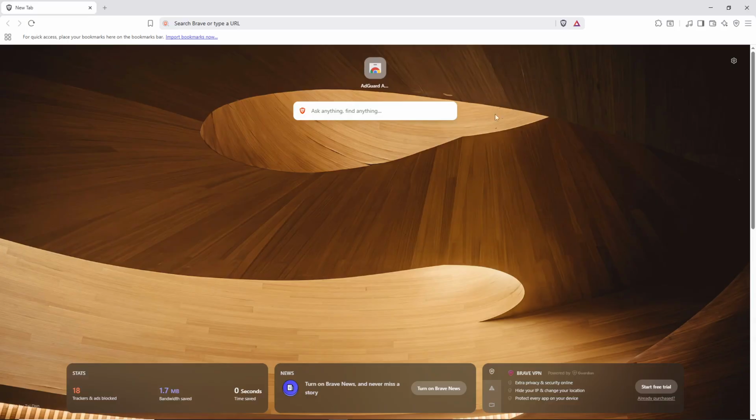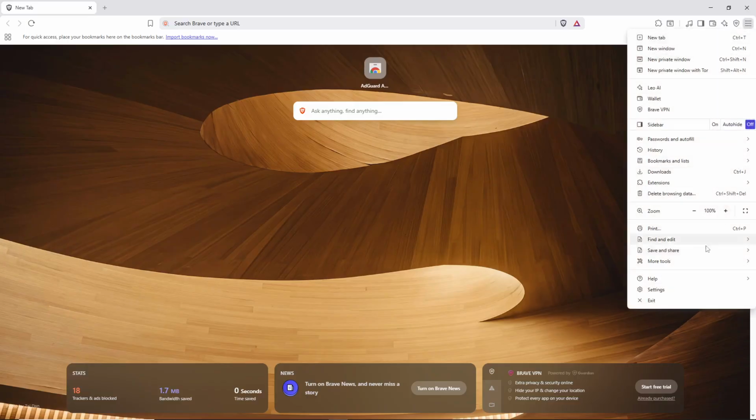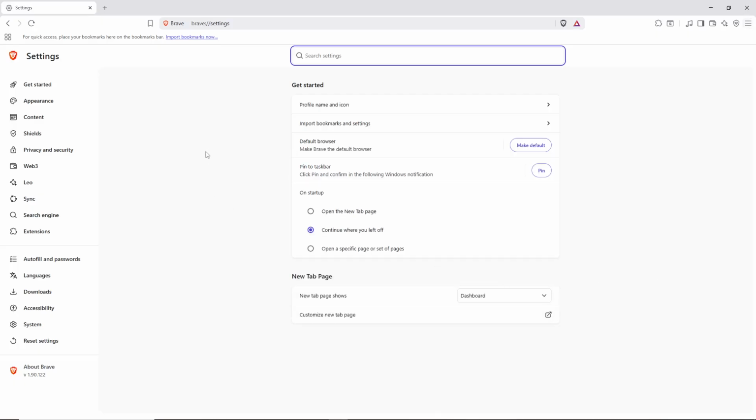Let's dive right in. First, open your Brave browser on your computer. Once it's loaded up, look towards the upper right corner of the screen where you'll find three horizontal lines. Click on this icon and from the options that appear, select Settings. This will take you to the main configuration area where you can optimize various aspects of Brave to improve its